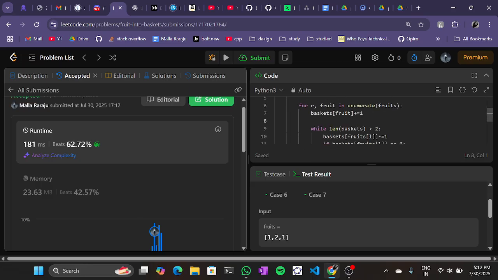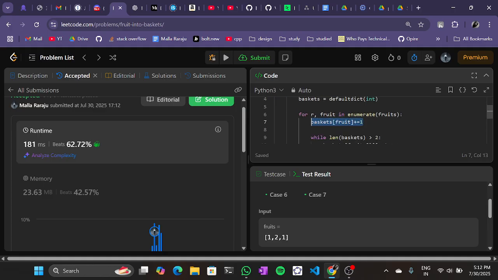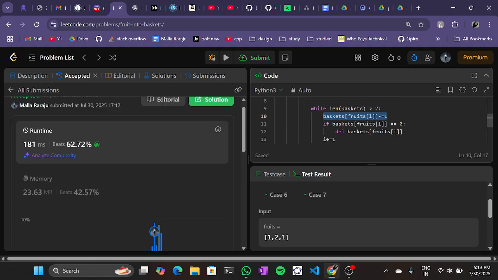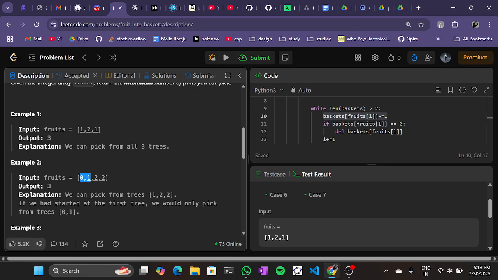So what we are doing now, we have taken a default dict and we are adding new fruits to the basket, and if the length of basket becomes greater than 2, then we will be triggering the while loop, and we are reducing it from the left, so we're going towards the right like this. And when we have three different types of fruits, we reduce the left one,